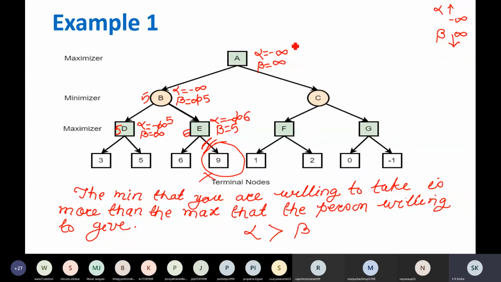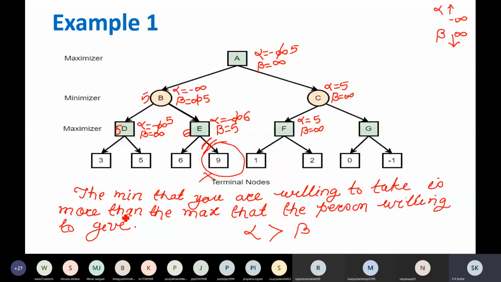The value of alpha is minus infinity, but A is a maximizer node getting 5 from this side, and 5 is better than minus infinity, so the value of alpha will be 5. Copy this value down. Alpha is 5, beta is infinity.